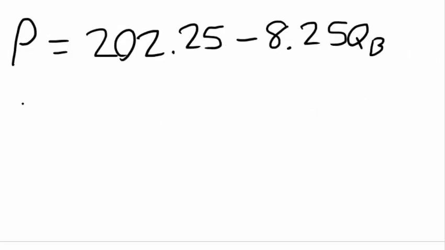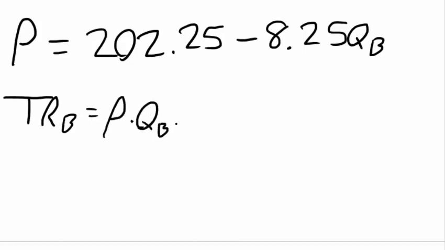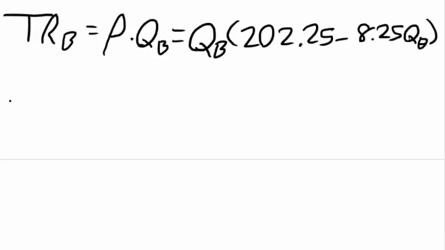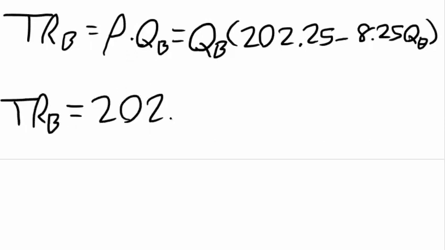And from here, we can profit maximize this like a regular monopoly and find our quantity B. So first, we would need to find total revenue of B, which is price times quantity of B, and that would be quantity B times 202.25 minus 8.25 QB. And by distributing that QB, we get 202.25 times QB